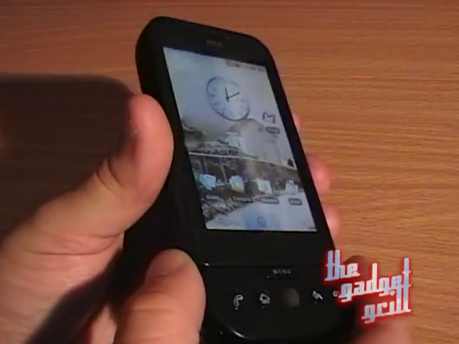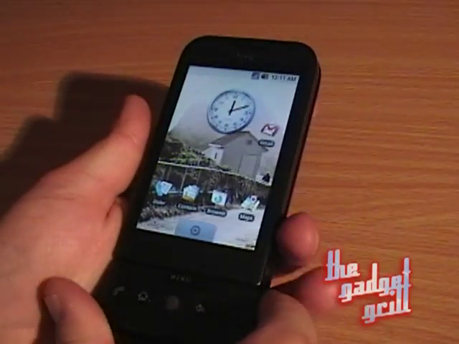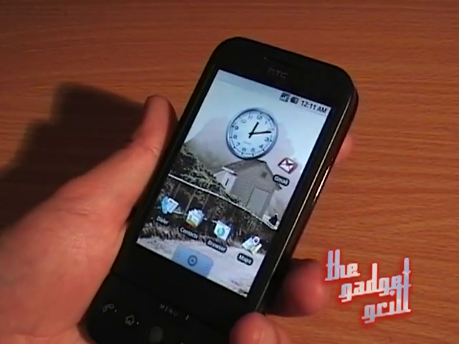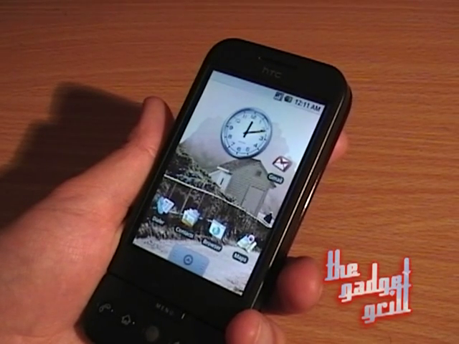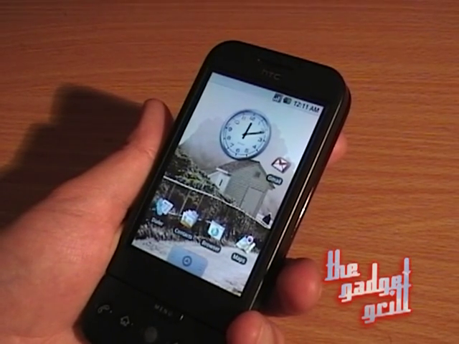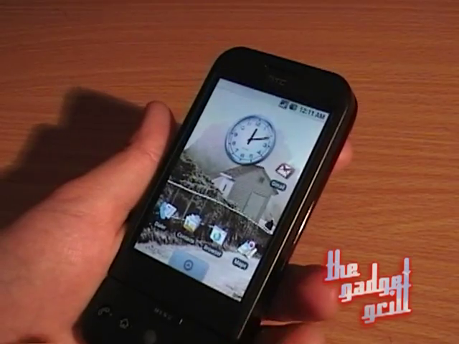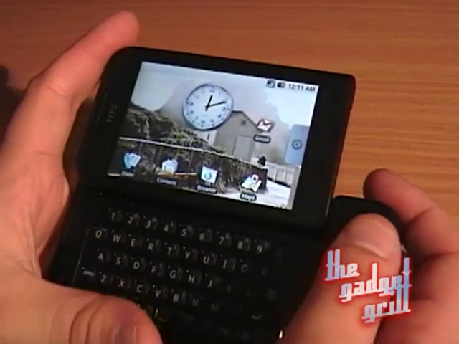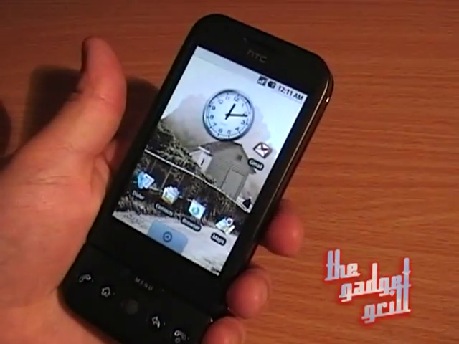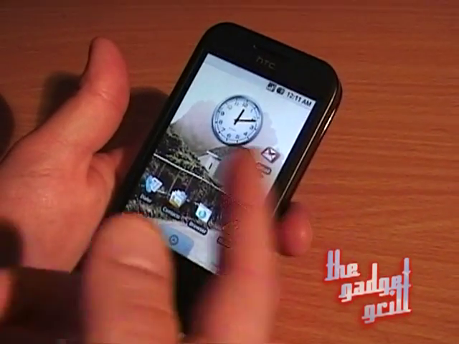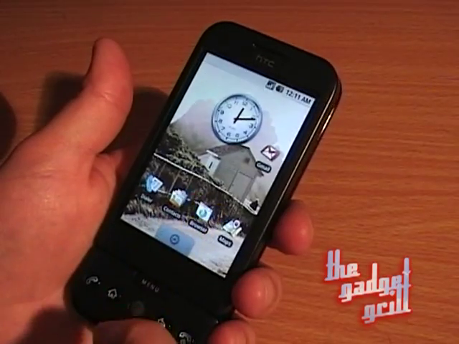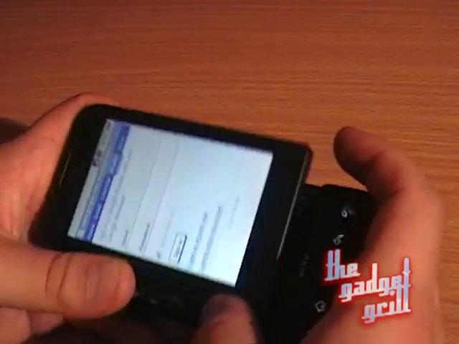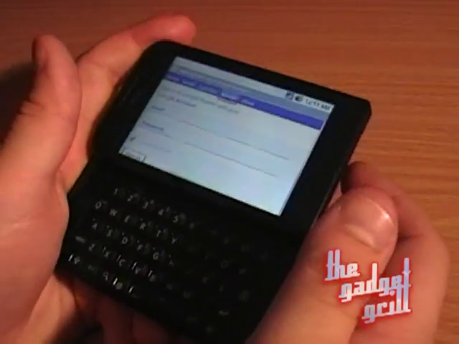But it's not a bad little phone. It is a contender if you are after an iPhone but don't like the iPhone's lack of some features. I won't say that I enjoy the bad battery life, and I also don't like how this is the only input method. It seems a bit weird that in a portrait mode like this, when you're surfing the web, you don't actually have an input method. You have to go back to using that, and that's all that works. Anyway,